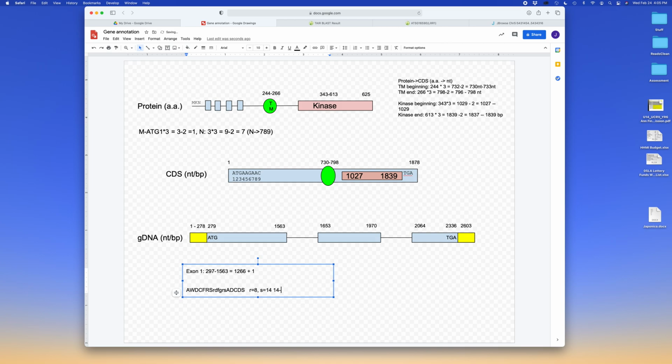So if we do 14 minus 8, that equals 6. But if we go back and count, 1, 2, 3, 4, 5, 6, there are 6 letters here, but 13 minus 8 is 5, right? So we have to add 1 in order to get it to be precise. Equals 6. Okay? So for exon 1,